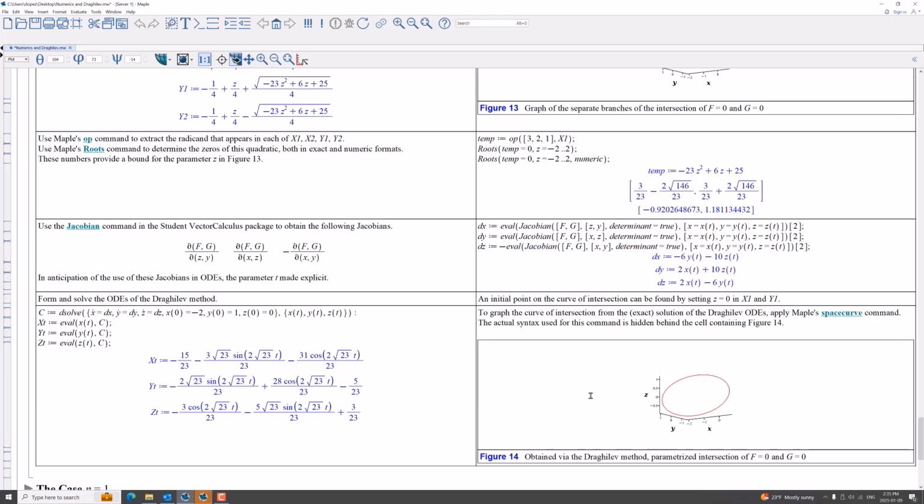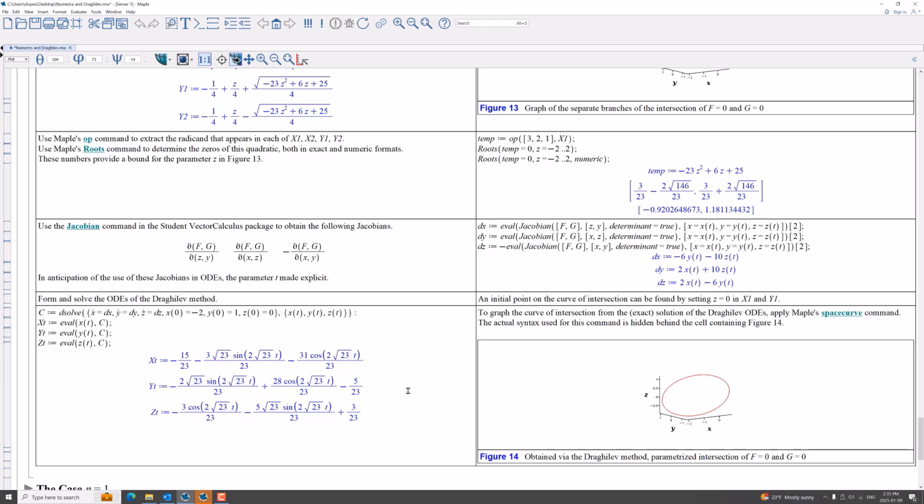So you can use Maple's space curve command to graph that. You get this smooth curve. So there is an advantage of using Draghilev's method here. You get nice smooth curves because the differential equations dsolve command does a lot of nice work. But what I found was